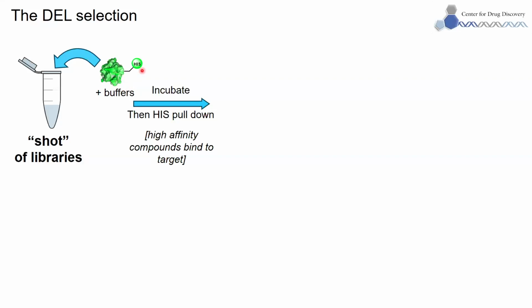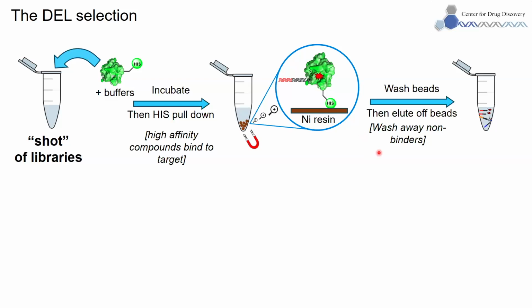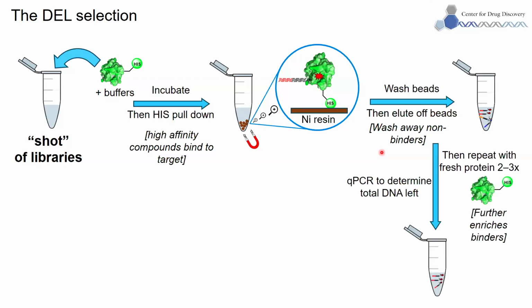And this is our regular practice, but this is not necessary to be a His tag. It can be a FLAG tag and so on. So once you incubate this protein target with billions of small molecule collection, then obviously you expect some of the small molecules bind to the protein target, and the rest will be in the solution. So you're gonna pull down by using the tag, nickel resin beads, followed by eluting them into